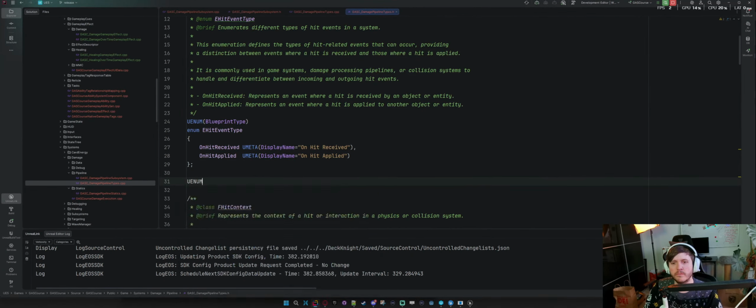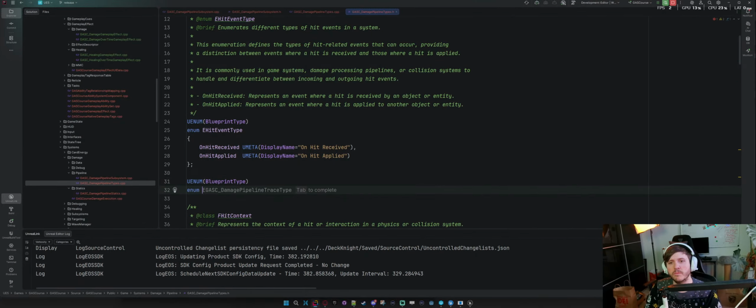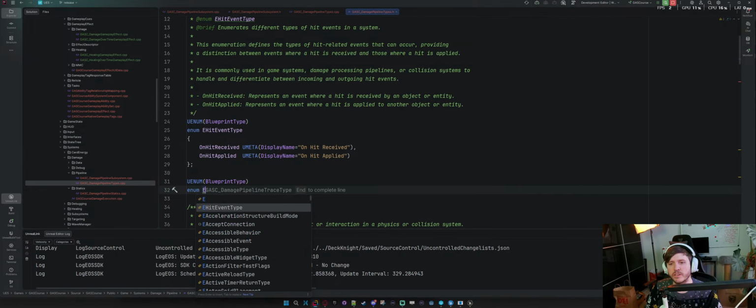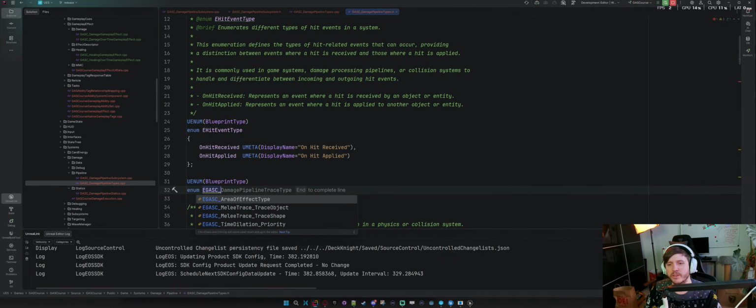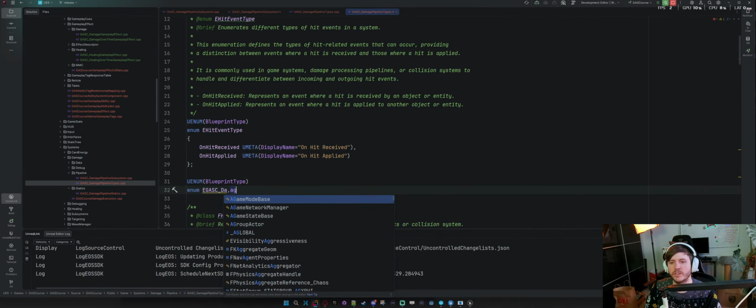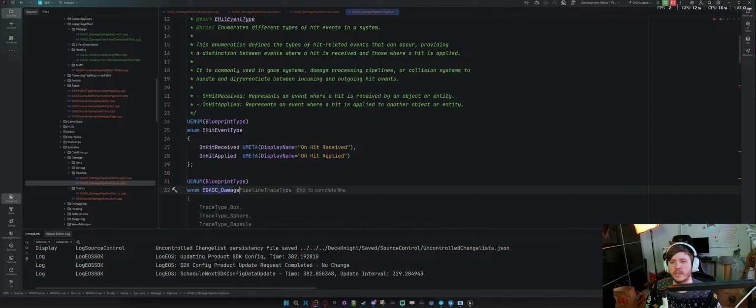So new enum, blueprint type. I don't know if I want to say GSC, but we maybe should. So we could say damage pipeline type.